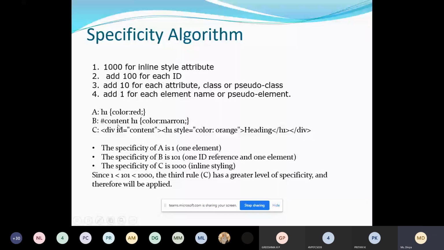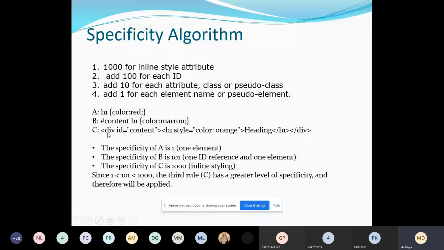For ID selector it is 100, and for element selector it is 1. So the value is 100 plus 1, which is 101. So the value of B is 101.